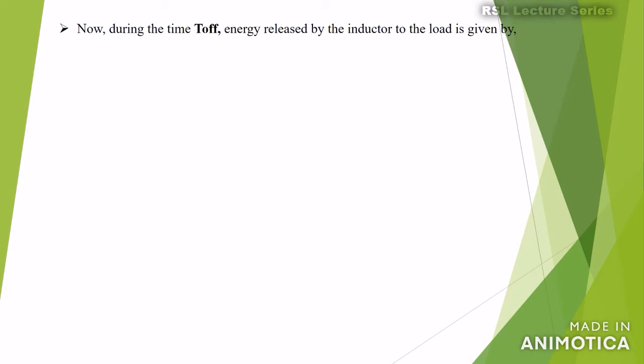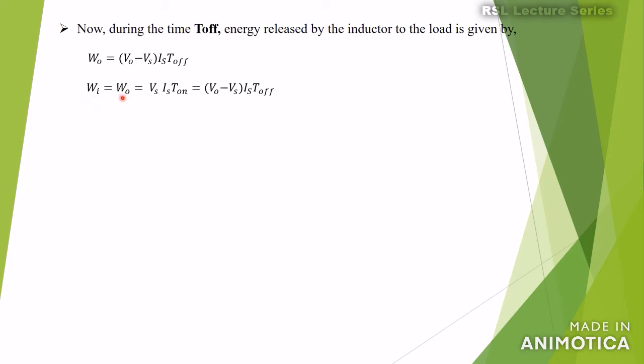So now the energy released by the inductor is given by W0 is equal to (V0 minus Vs), the voltage drop across the inductor, into Is into T off. So this is the energy released by the load during off time. If we consider a lossless system, then we can write Wi is equal to W0. That is, the energy stored by the inductor during on time is equal to the energy released by the inductor during